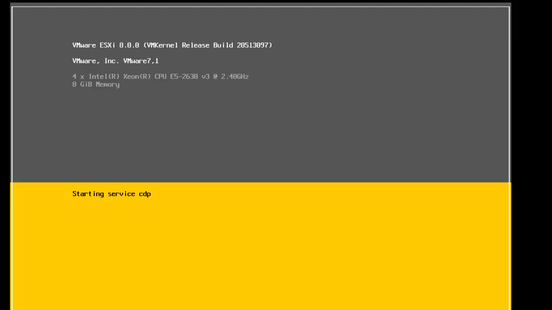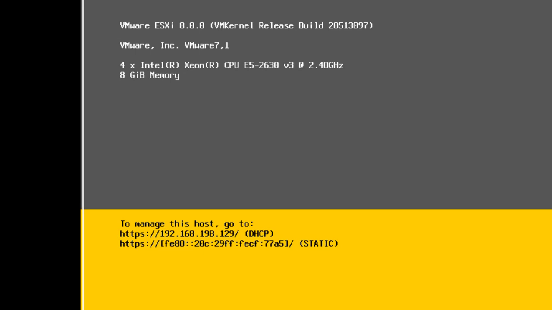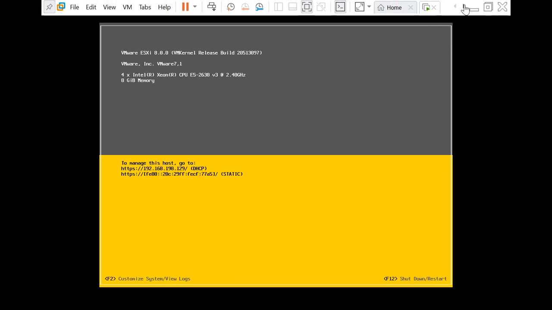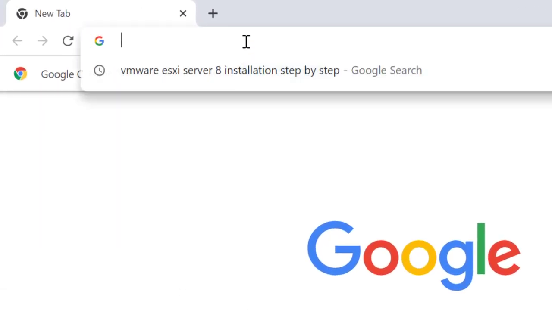After rebooting, as you can see, the machine is running now. As soon as the reboot is completed, you can see now I have an IP address over here. From this IP address I can access my machine and manage everything on this ESXi server. As you can see, my IP address is 192.168.198.129. So I will open any browser of my choice and enter this IP address into my browser